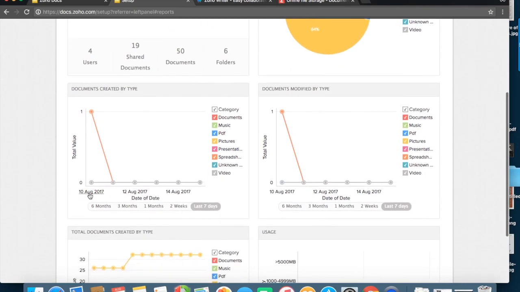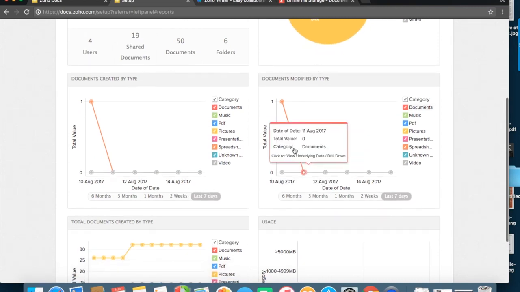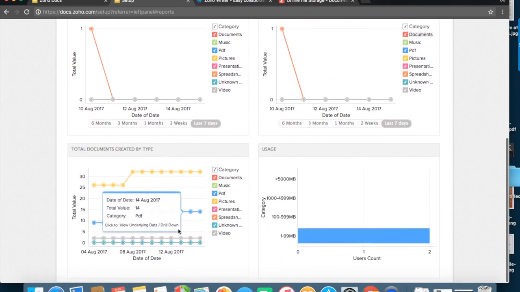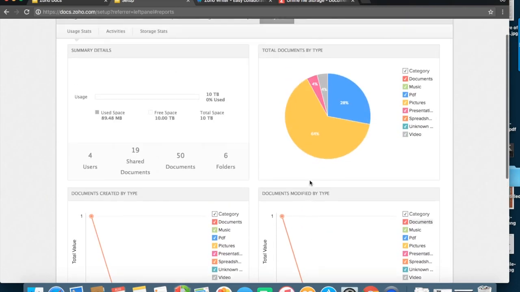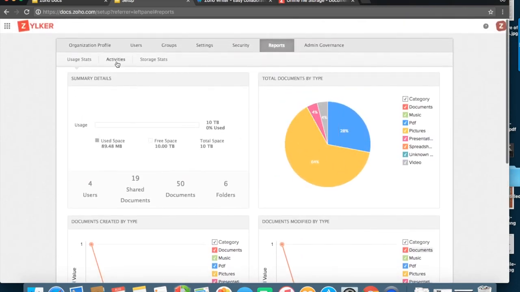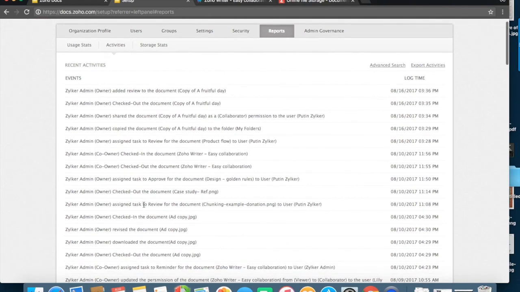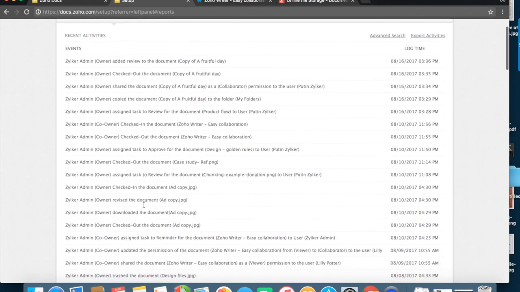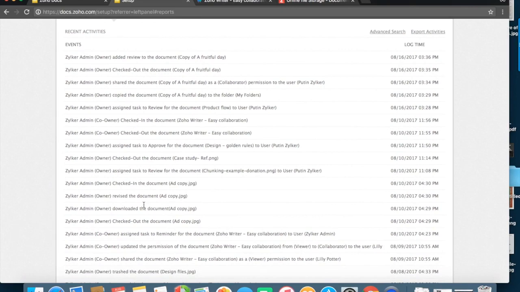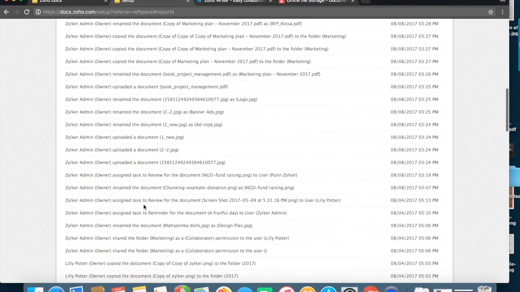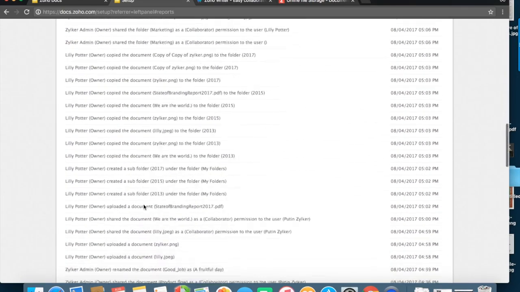You can also see at what point in time your documents were created. You can modify it based on the type of the document, etc. Now the next tab we have here is the Activities tab. In this tab, you get a detailed report of what file has been created within your Zoho Docs organization.